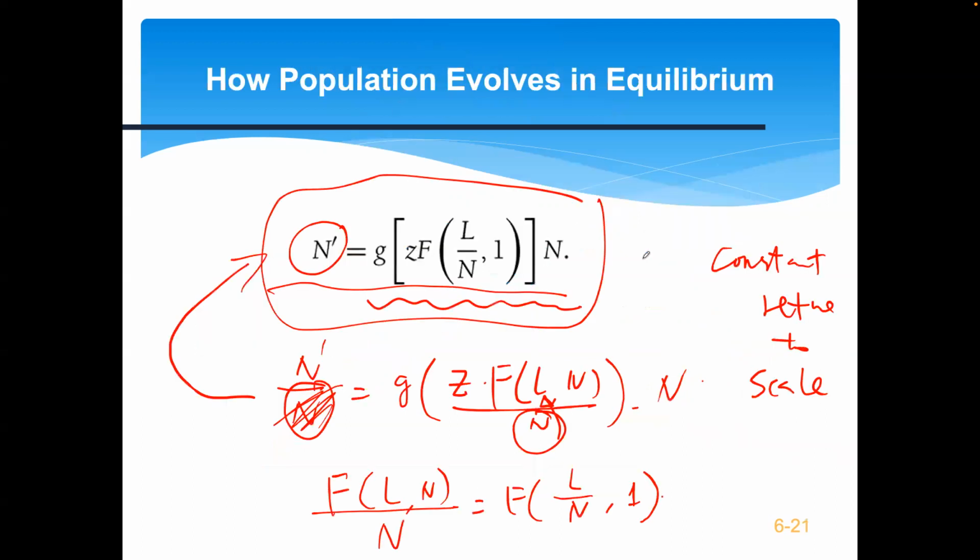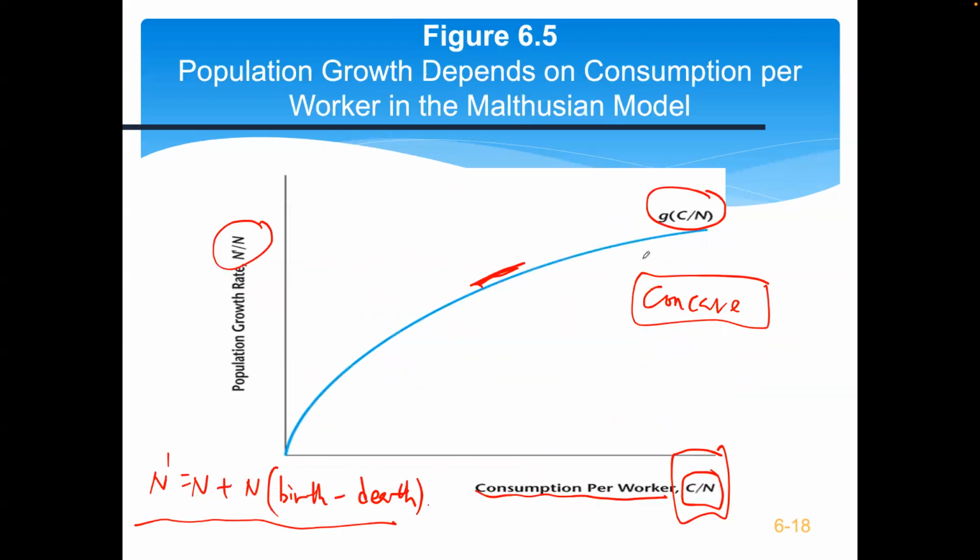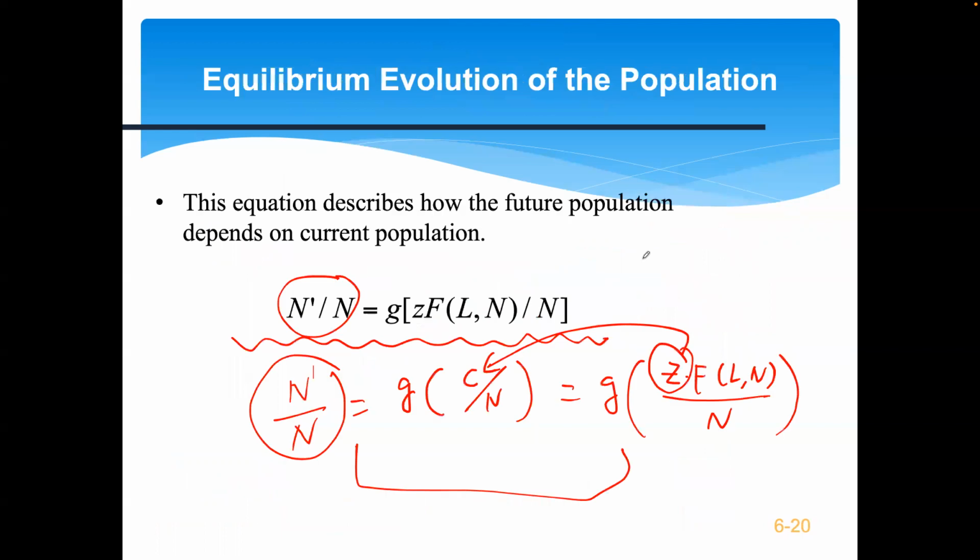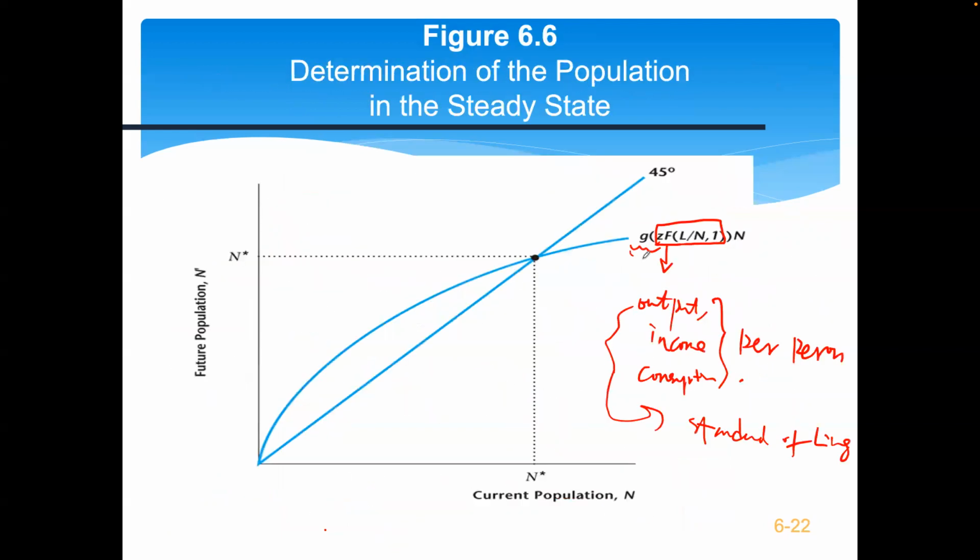Right? So this shape is coming from before, coming from here. So why is it like this? It is because of diminishing returns. Right? So now finally, this graph is going to tell us interesting things. First of all, eventually we're going to settle here. So this is the population size,